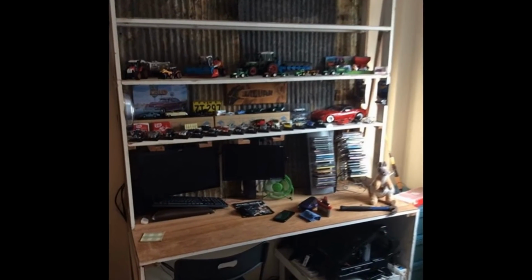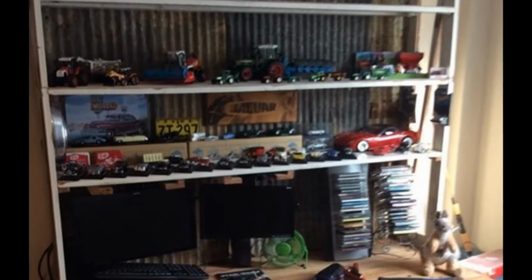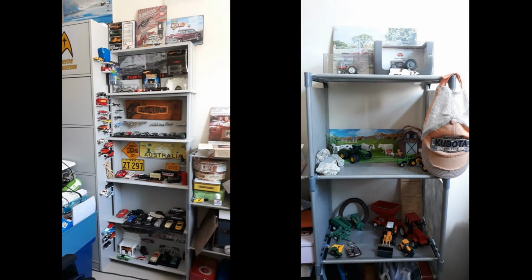Trouble is that the location of the repeater doesn't really help much either. You know, I mean, where it gets the signal from, I can't really pick and choose that location very well. It just wasn't working very well there, so I've moved it into this corner, which is where my original desk was. It was a barn back shed style desk with big shelves, big hutch with corrugated steel in the background and shelves and all my little cars and tractors and everything on it, and well, the tractors are there and the cars are there. Anyhow,